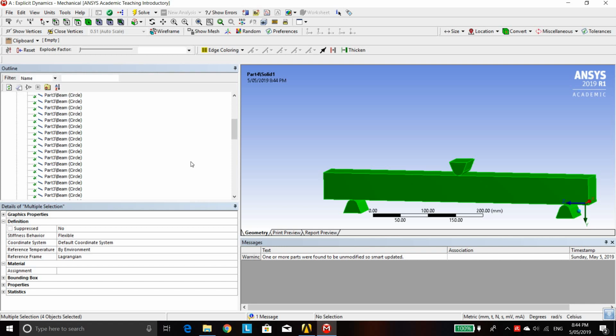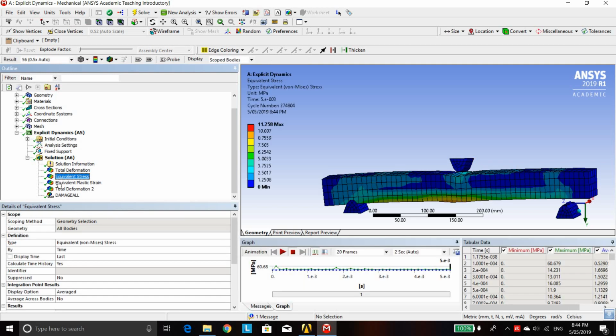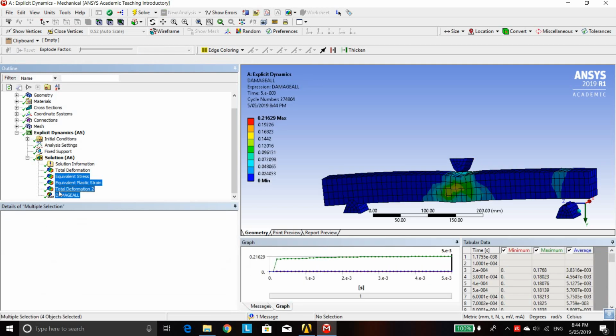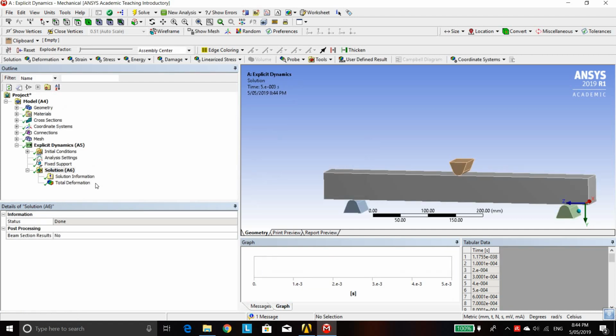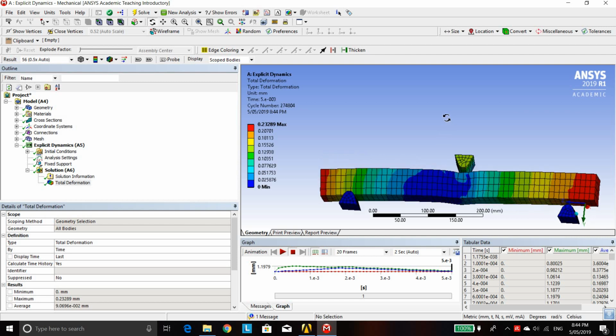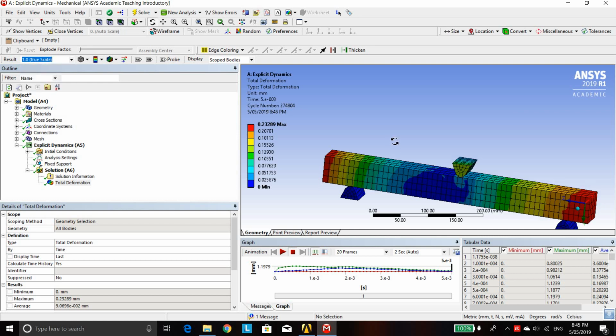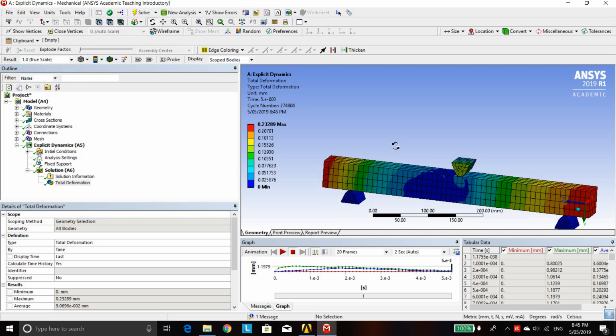Okay, this is our geometry, and also let me delete all the information we have here. So we waited 45 minutes, and this is our result